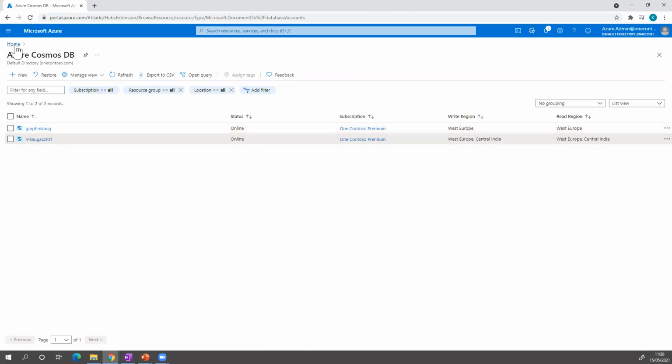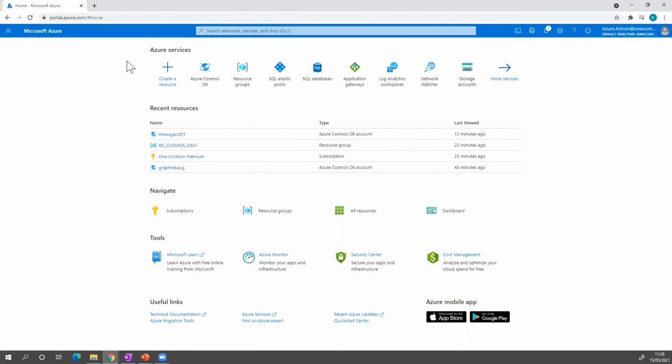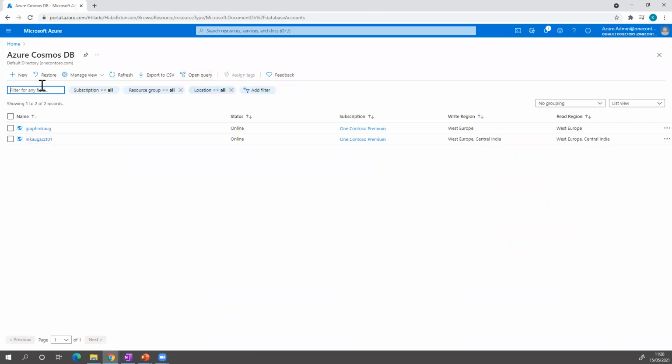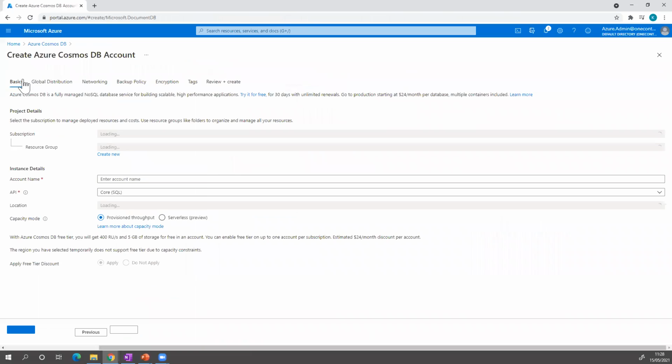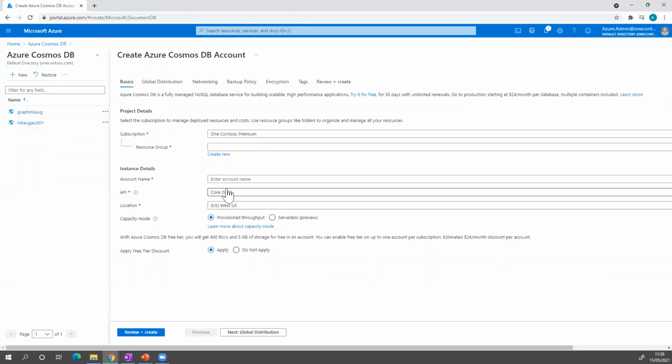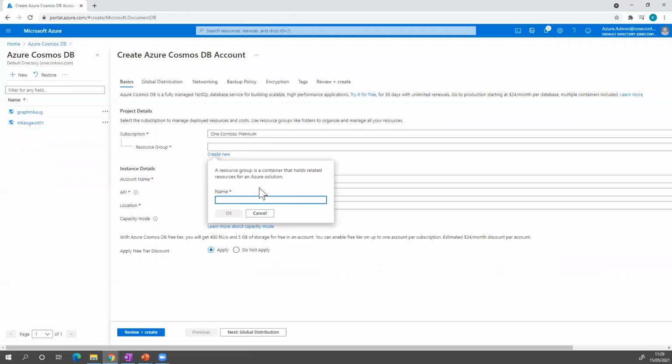So what you can do is go to Cosmos DB and create a new account. When you are creating, instead of Core SQL, which we selected last time, you can simply select Gremlin graph. So that's what I'm going to do today, and then we can have some samples here. So I go to create a new one, so just group and then graph,